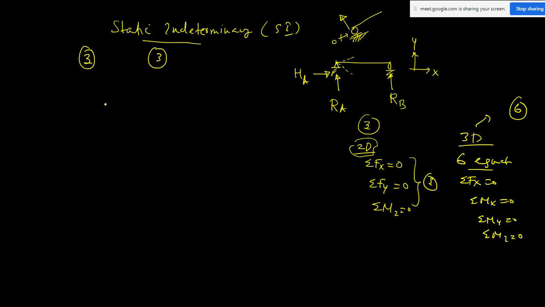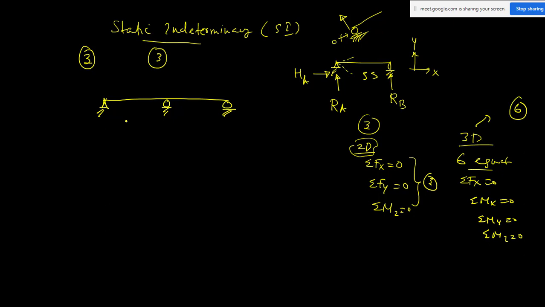But suppose you have a structure like this: fixed beam, roller hinge support, I have a roller support, and I'm adding another roller support here. It is a continuous beam. This is a simply supported beam, and this is a continuous beam. Continuous beam means there will be more than one span or more than two supports. It is a two span continuous beam.